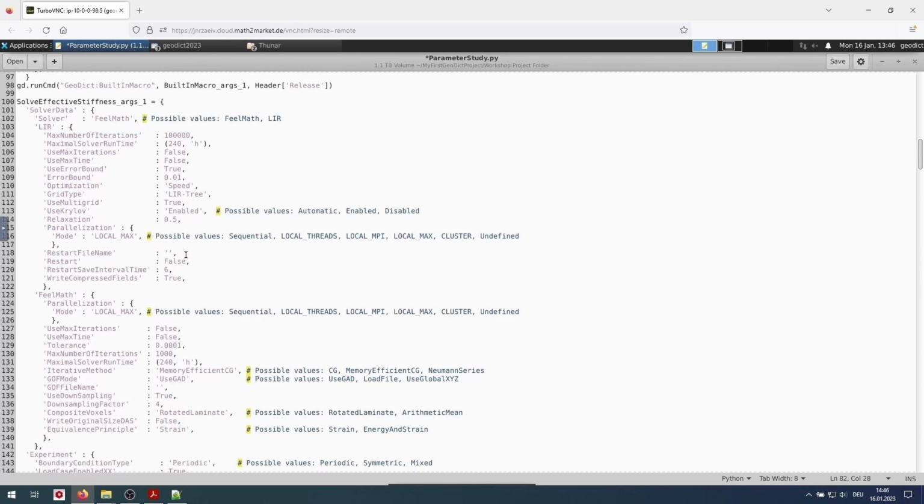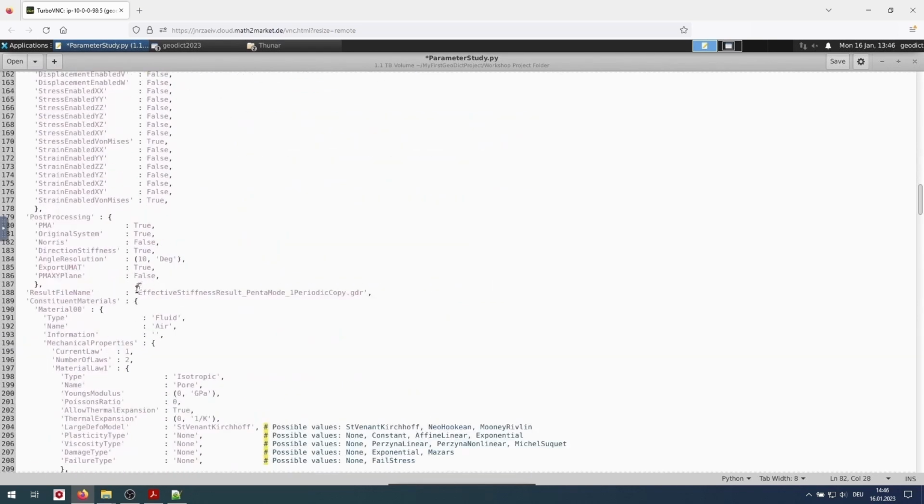Also for the elastic stiffness, we need to set a fitting result file name. So we enter an F at the beginning and an underscore behind the copy. And again, we enter an NND for near node diameter, curly bracket open, near node diameter, curly bracket closed. Center of strut, curly bracket open. We hit Control S to save our changes, and with that, our parameter study is able to run.